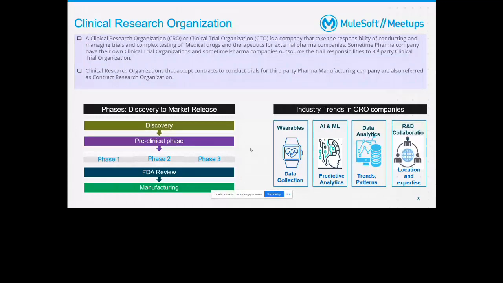And also this R&D collaboration, because it is evident that so far, as I mentioned, post pandemic, each trial organization did whatever they do within their own organization. But now they understand that for complex trials, or those with rare disease, they need to collaborate with each other. They need to go for a partnership so that they have collaborative knowledge sharing in real time, a real time data feed exchange, and they can expedite the overall process so that overall drug manufacturing can be expedited.